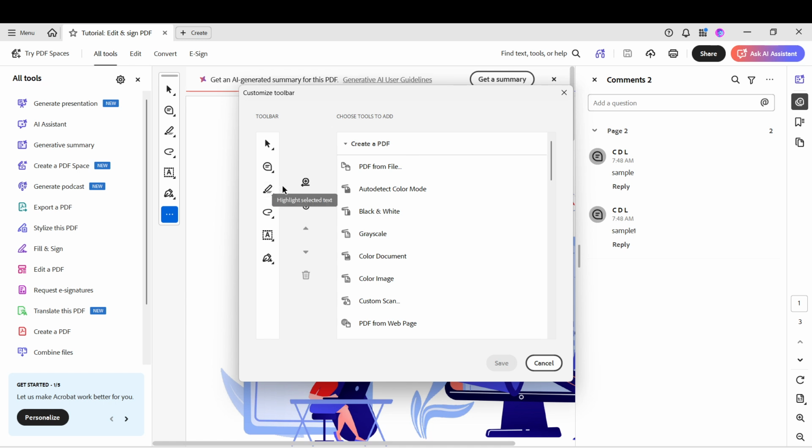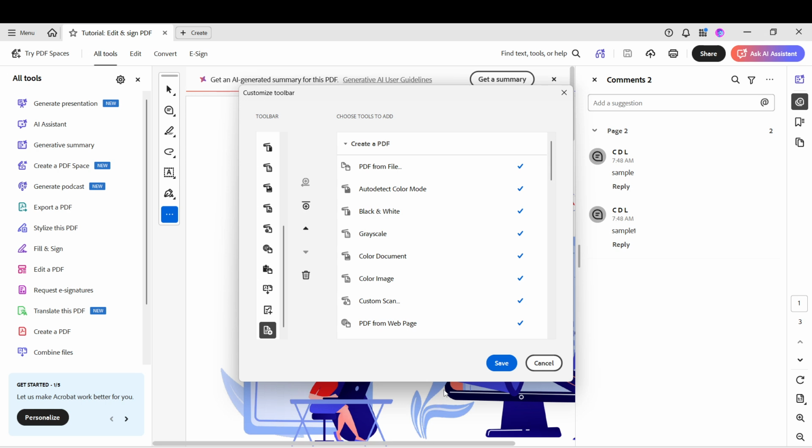Once the tool is selected, click Add to Toolbar. You should see it appear in the preview area of your Quick Tools. Acrobat typically places it at the end of the lineup, and you'll notice the icon is ready for one-click access from your permanent toolbar. This is the space you'll rely on most, so adding your daily essentials here can save a lot of time. You can repeat the same process to add more tools while you're in the customization window.